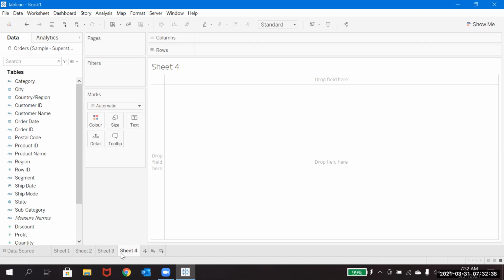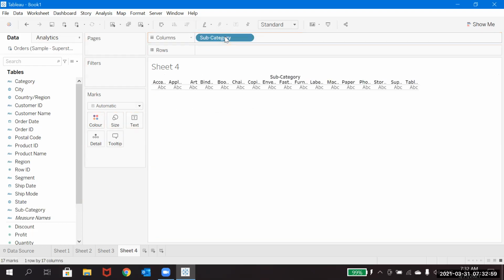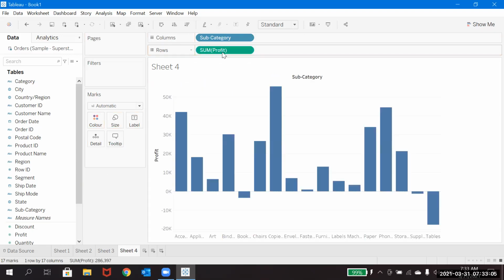Okay, I'll tell you something. There is a subcategory also here. I would like to see the profit ratio, or maybe you can consider it a profit percentage on each subcategory with respect to the total value. Here I have just the profit value, but from this I would like to see the percentage on each subcategory, the percent with respect to the total.